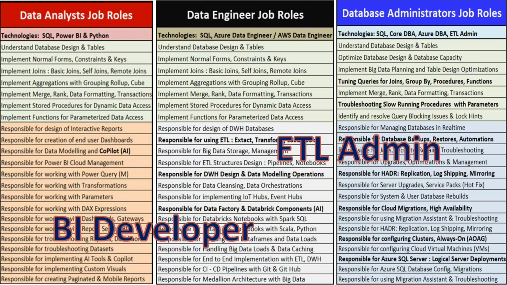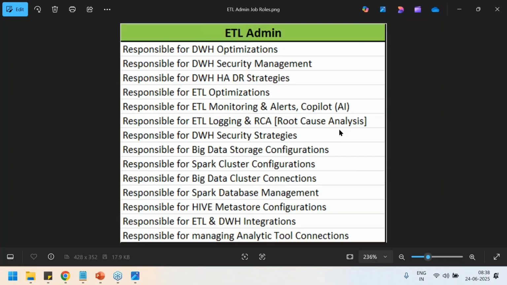We can do it in a simple way. The ETL admins will be responsible for both data warehouse as well as ETL operations. I can guide you step by step in an easier, simple way. But we need to have more practice. So you need to help me in that aspect. On time practice, on time submission of assignments. Yes, please. Hope you'll do it for me. Sure, sir. Then definitely yes, we can do it.